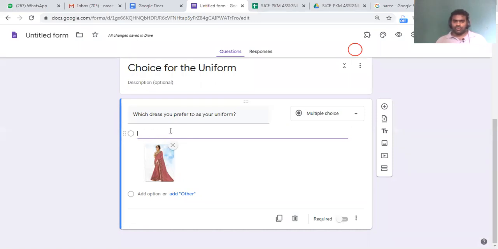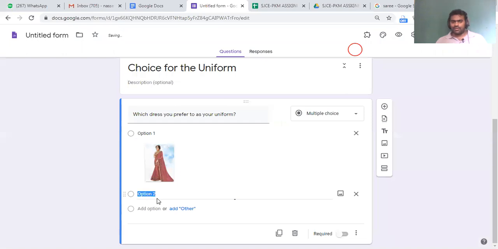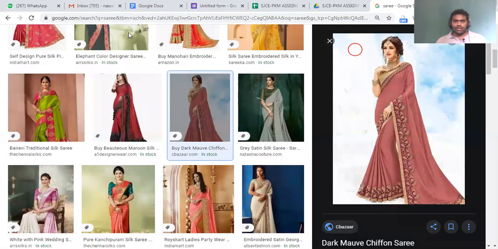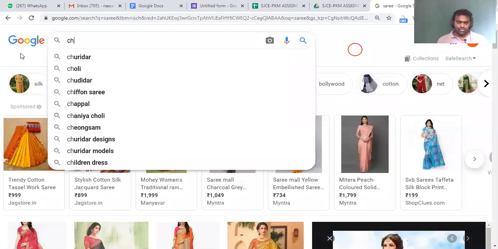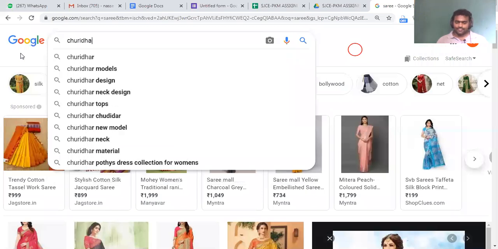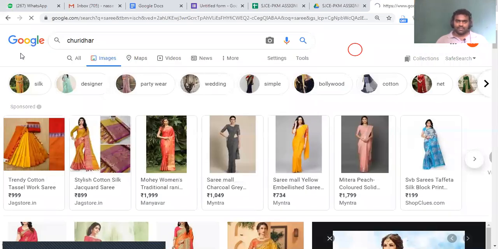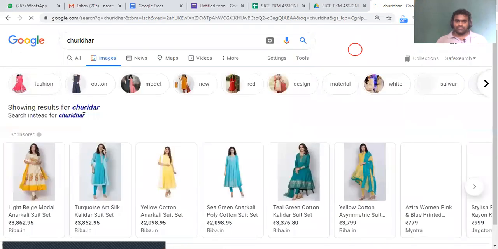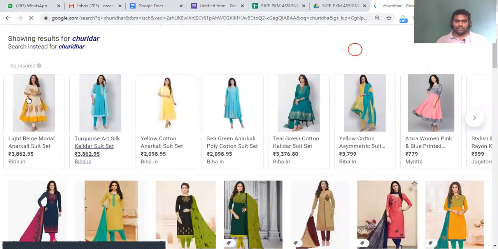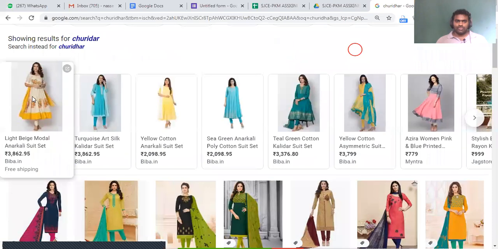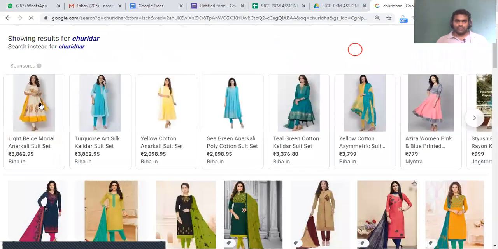I'm not displaying the option that is not writing sari here. Now I'll do churidar. I'll choose copy image address.